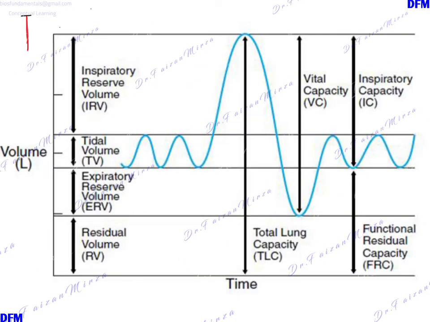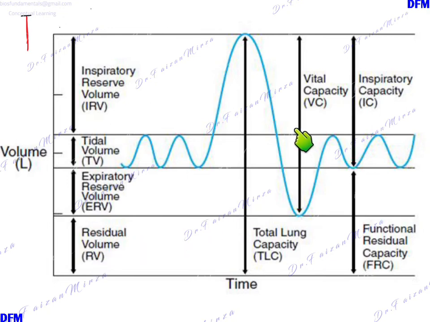Here you can see this is the kind of graph that we get for our spirogram. These are the values of the volumes. This represents tidal volume, these peaks. This is the inspiratory reserve volume, starting from the end of the tidal volume till the peak of this tallest amplitude peak here. Expiratory reserve volume is the reverse of this, following the lower end where the tidal volume ends to the value where the lowest peak ended. And the air which is left inside the lungs, which cannot be calculated using spirometer, is residual volume. So all the four volumes can be seen here.